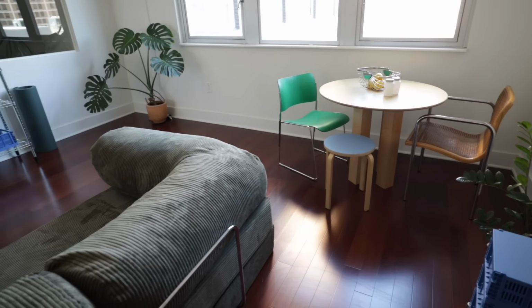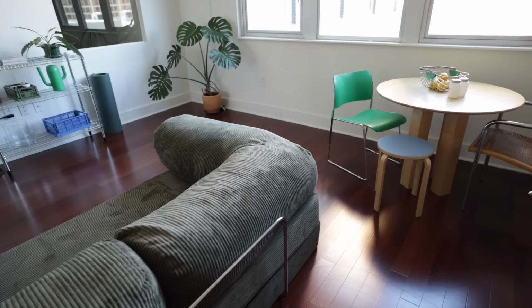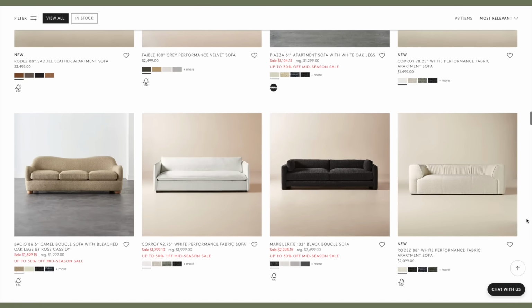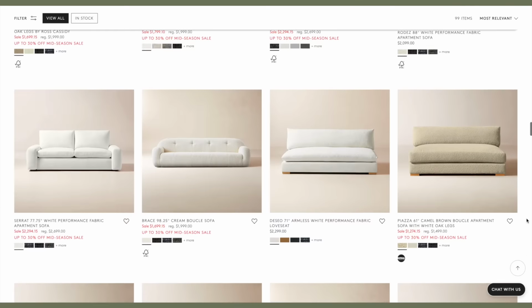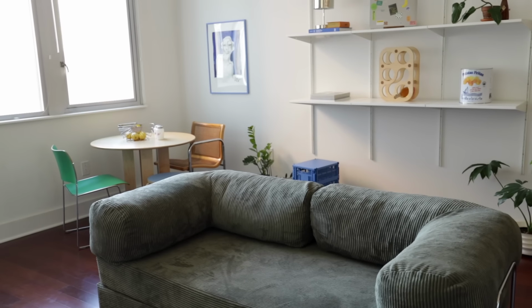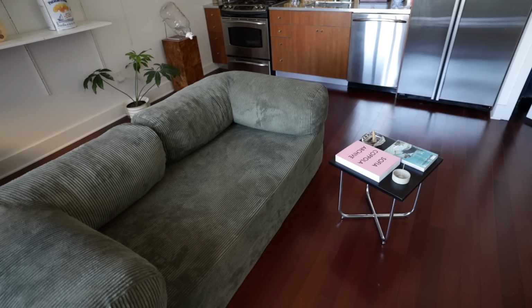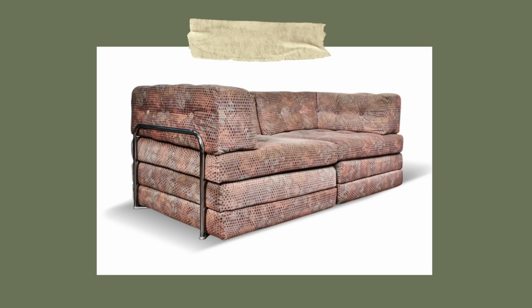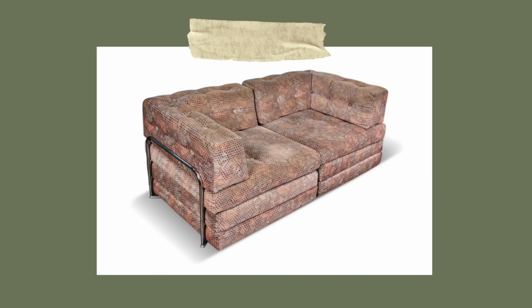Because the cushions are lower, I can't fully recline, so I'm basically forced to have better posture. Pretty much all contemporary sofas have low backs, so we're probably used to that, but it would be nice to have an option. But I'm not giving it too much hate because I know that, again, there is some vintage influence. I know this particularly because I almost bought that version. I came across this vintage sofa, but it needed to be reupholstered, and ultimately it was way more expensive than